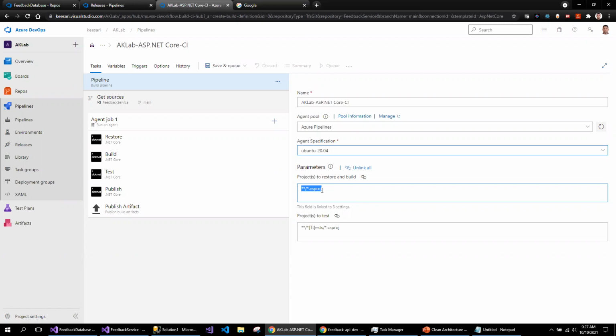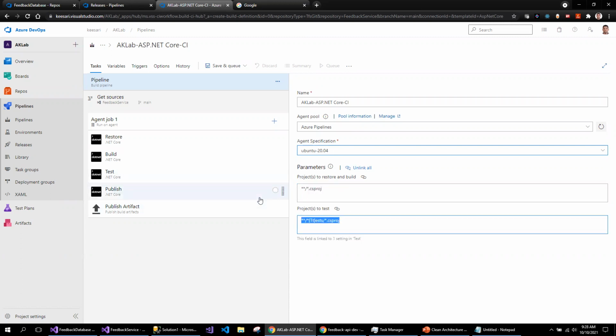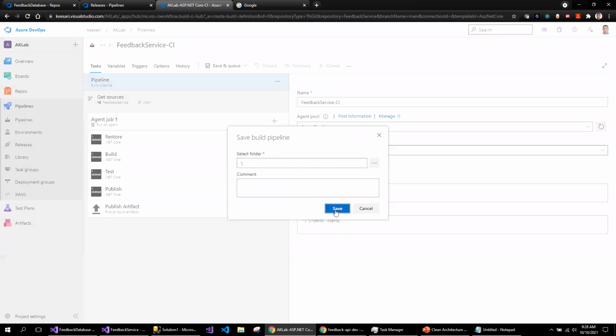I'm using the wildcard character, so all the .csproj projects will be part of it, and all the test projects will be covered here. You can give an appropriate name here. So I would call this feedback service CI, and then I can save it for now.